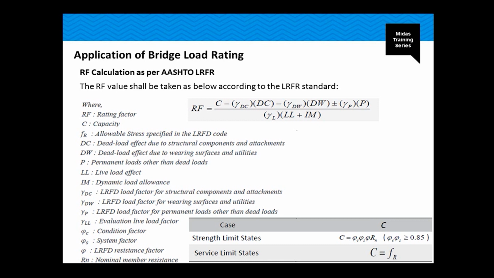It's basically a bunch of factors together with the capacity of the bridge. Capacity over demand, and then you get the rating factor. That's in summary how the rating factor is calculated.